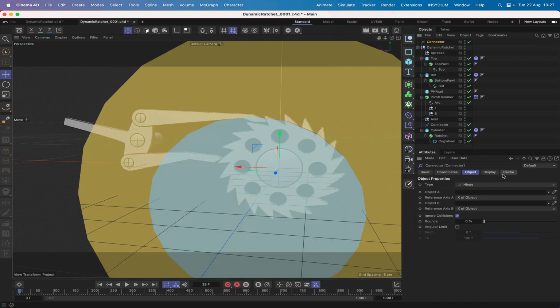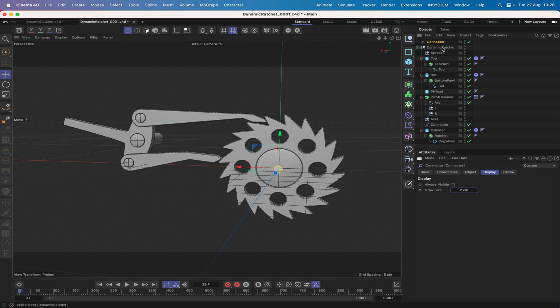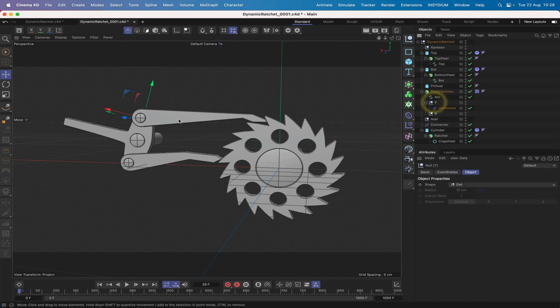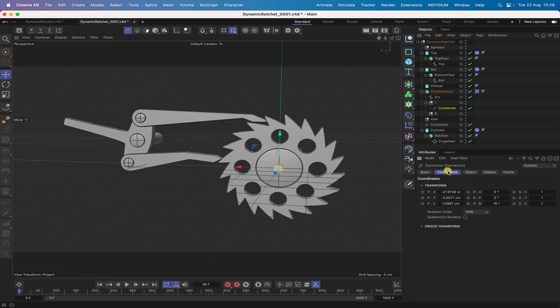And once again, it's way too big. We'll make this one about 2. And we can drop this into T here. Now T is just a null that's set up at this hinge point here. If we then zero our connector out, it will be in the right place. We can then put it up here, and the next thing to do, select the object tab, bring in the top,